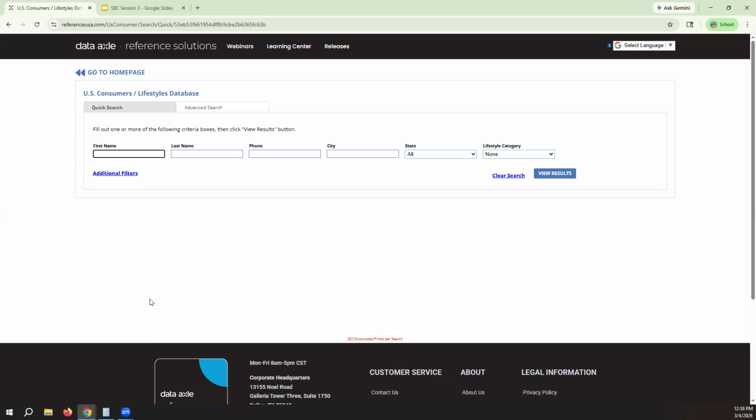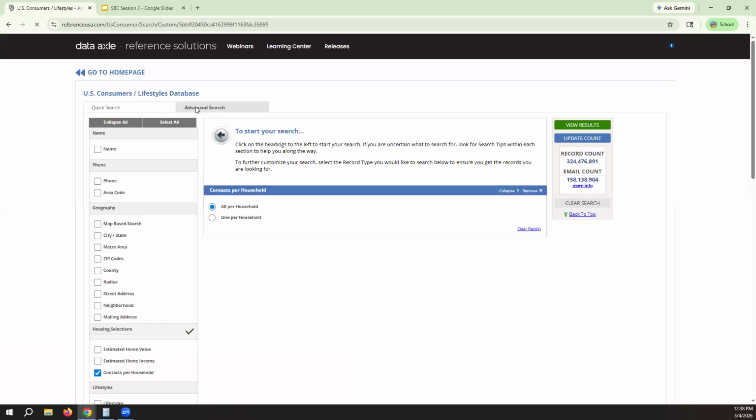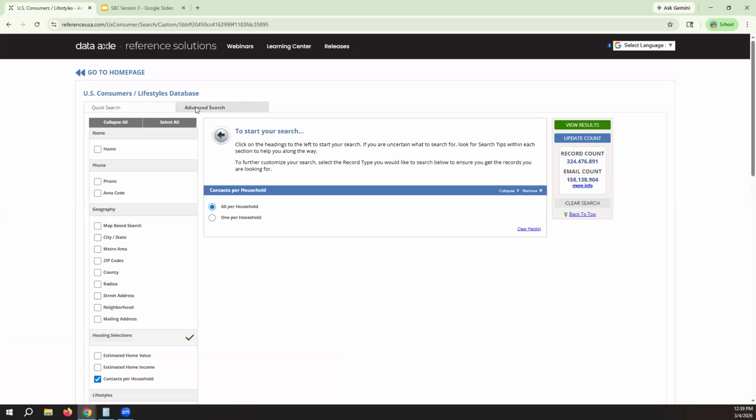Click search. This is probably more effective for searching a geographic region and not for individual people. So I'll show you how that works, and then I'll pause the recording so that we can respect the privacy of the information that we find, even though it is publicly available information. I just don't want to record that. And then we'll go from there.